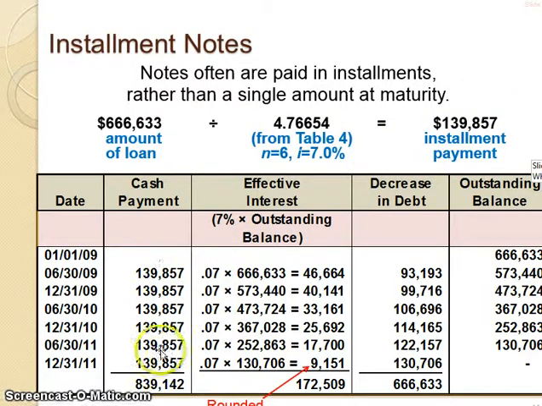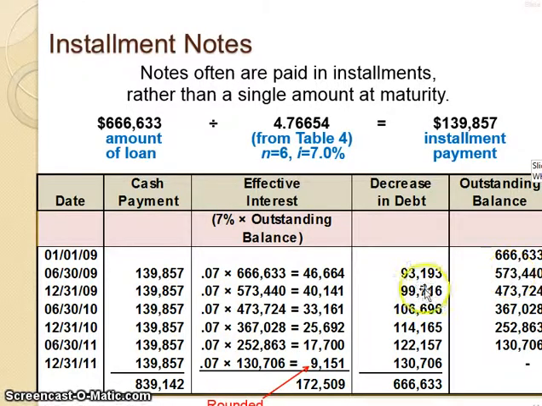This is, again, like your mortgage, right? This is your standard monthly payment, but the interest is going to change, and the interest is going to go down every period, right? So it's going to be 7% times the outstanding balance, which gives you the 46,664. Well, that's the piece that's interest of this payment, and that's the piece that's a decrease in debt. So you would take the outstanding balance,